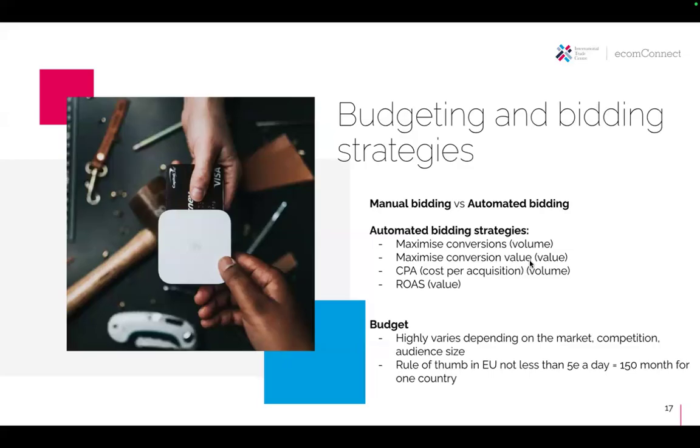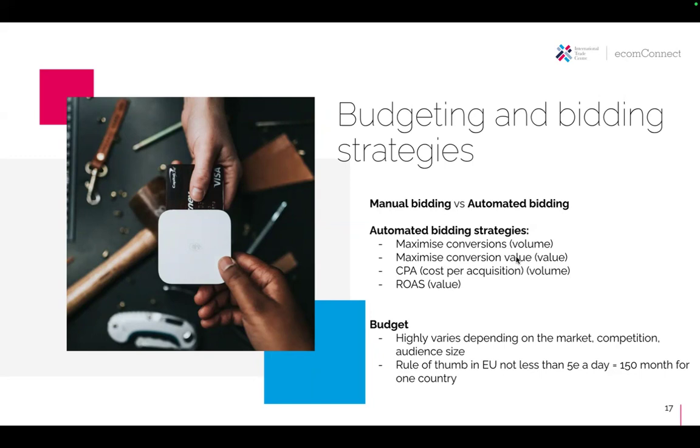So when you say to Google, in this campaign, please maximize the conversion value, knowing the value of the product, it will then either go find 10 people who can pay $10 and buy this product, or it will go find one person who can buy this $100 product.